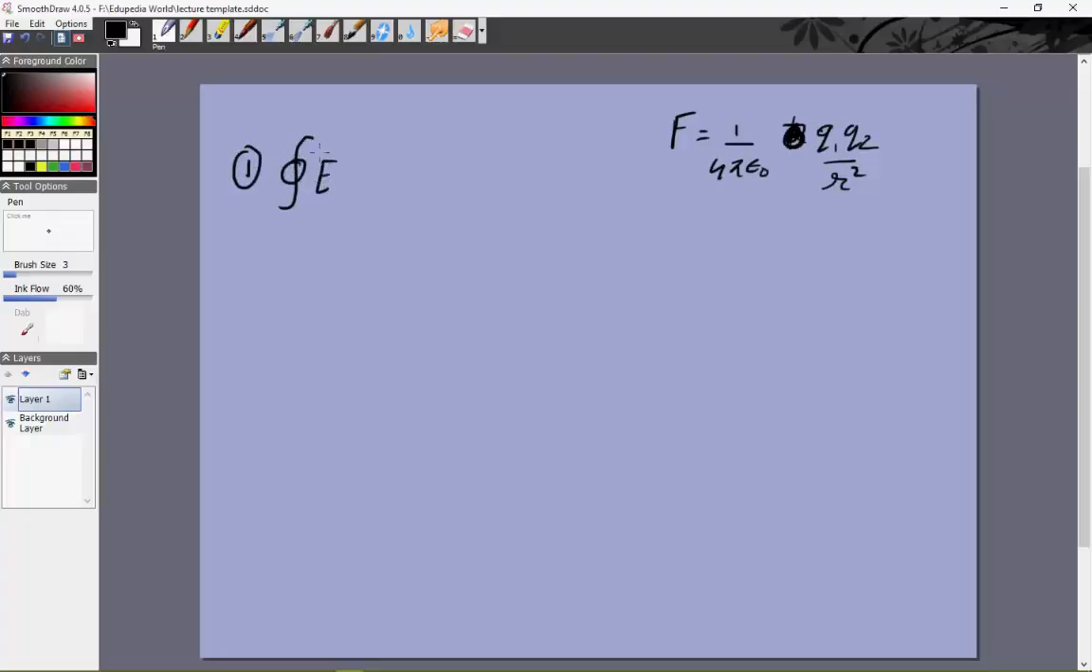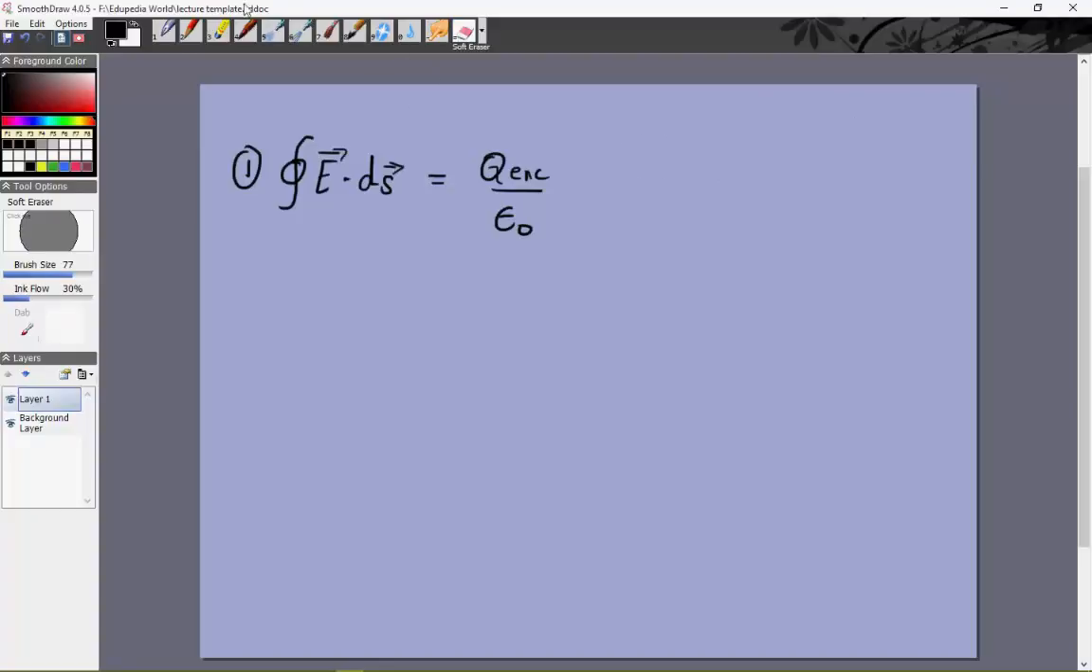Cyclic integral of E dot ds, ds is the small area element, is equal to q enclosed by epsilon naught. This is the first one, right? This is called Gauss law for electricity. Generally, when somebody says Gauss law, this is what they'll be meaning, although there is something which is called the